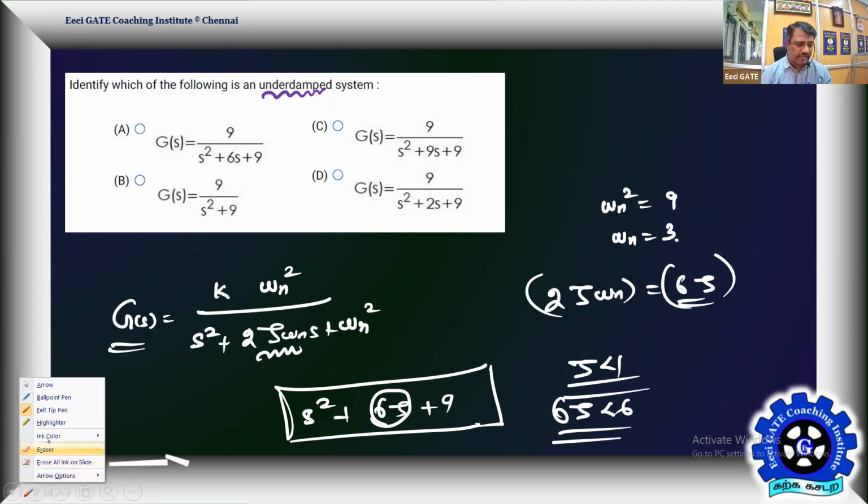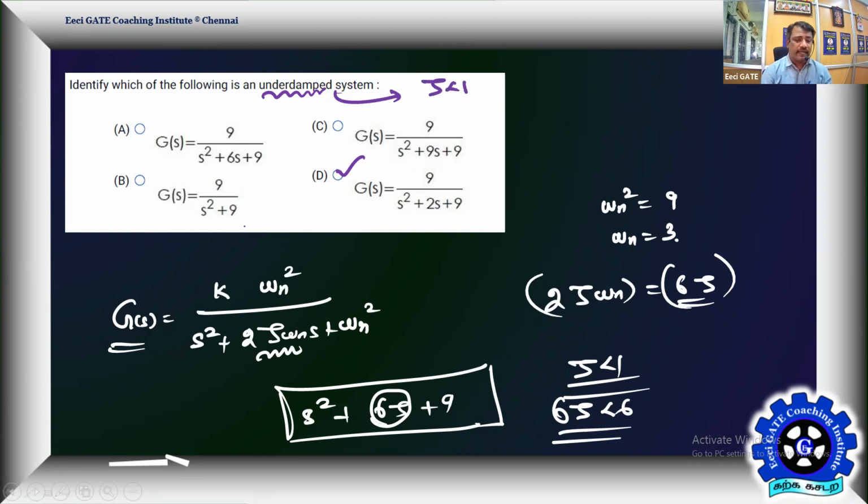That's a straightforward way. Just know your standard form, then connect it. Zeta must be 1 is the condition for critical damping. Yes, we should know, underdamped means zeta less than 1. This is the zeta equal to 0 system: when the s term is vanishing, it's an undamped system. We are looking for underdamped, so don't misread it as undamped. Those who misread it as undamped probably chose option B, and luckily there is no negative mark. But still you lost 1 mark, so it's still countable. B is not the answer. D is the correct answer, the only underdamped system.